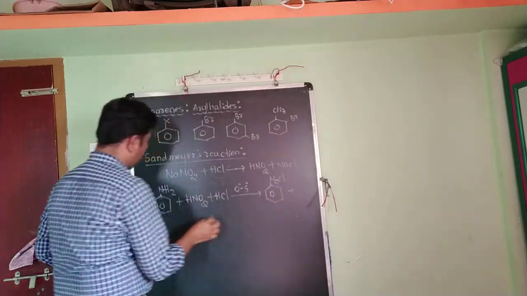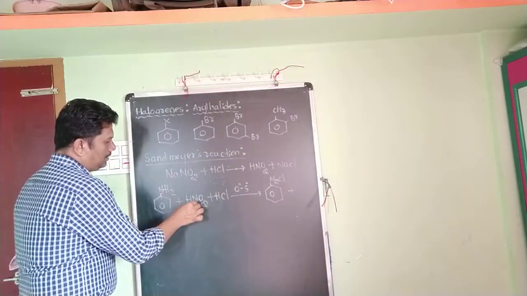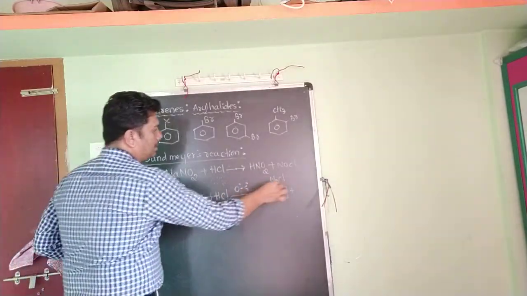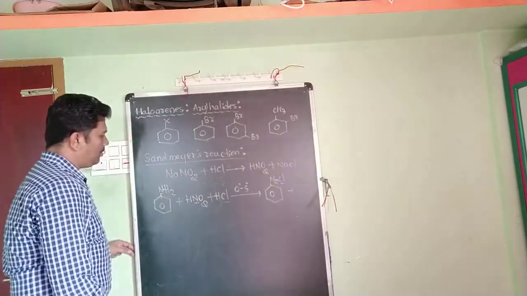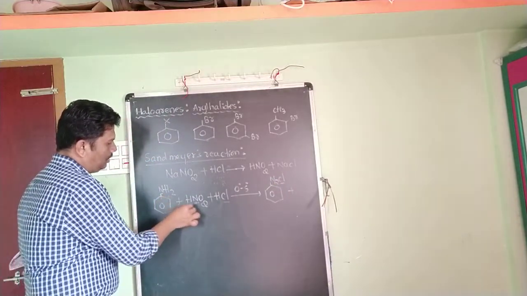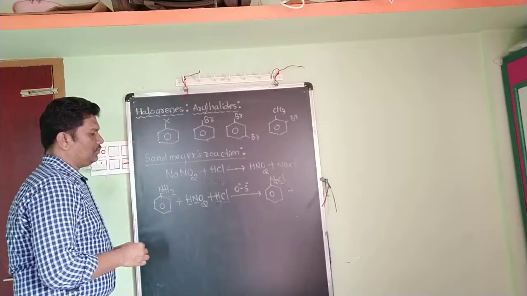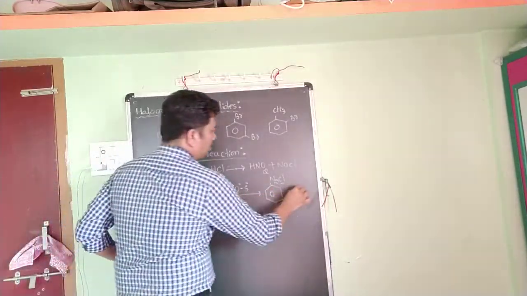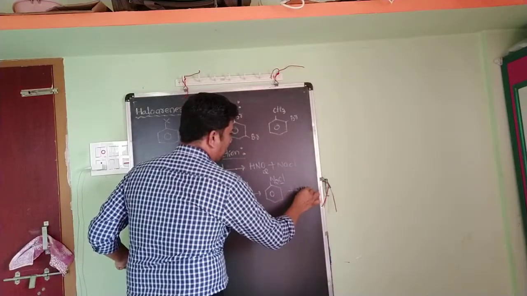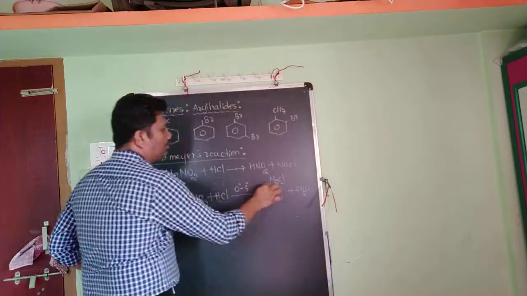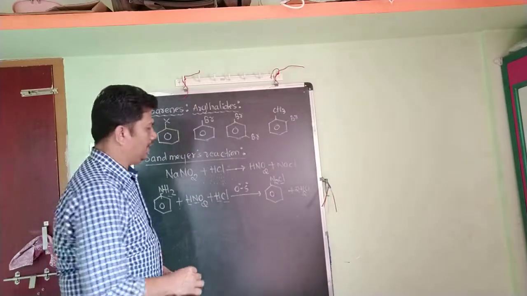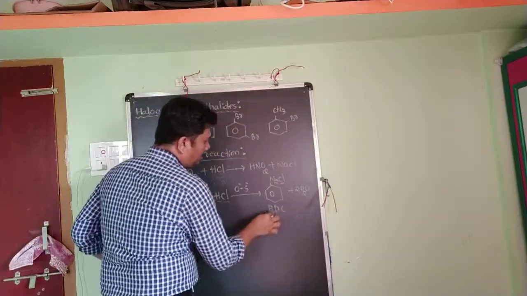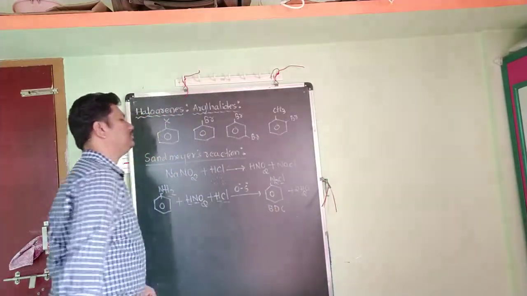See here, this N and this N, this is N2, and here there is Cl. Then count the number of hydrogen atoms: here it is 2, 3, and this is 4. So 4 hydrogen atoms, plus O2 means it is 2H2O. And this compound is called benzene diazonium chloride. It is a salt. In short, it is written as BDC, benzene diazonium chloride.